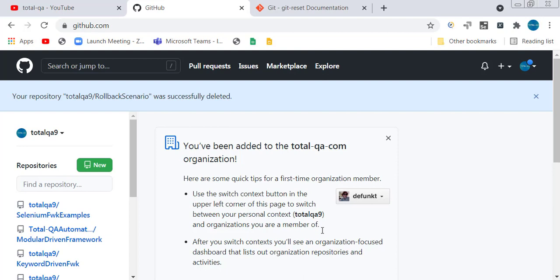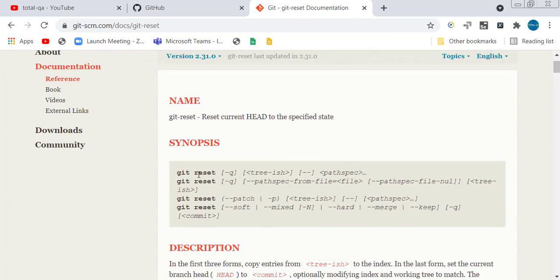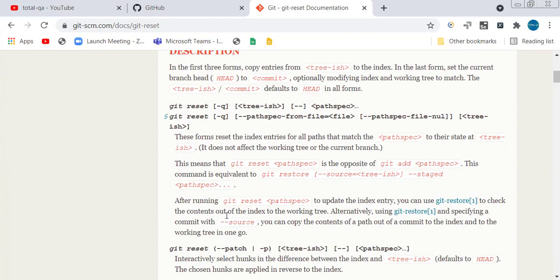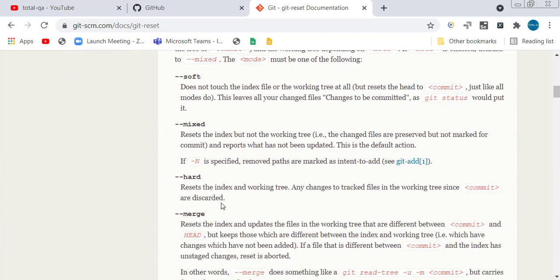Before we get into this topic, let's see the command which is useful for us to achieve this. So the command is git reset, and we are also going to use an option called hard, and this is the commit ID. There is a soft and a hard, but there is a difference between them, because we always go with the hard scenario. Why? Because we are resetting the index and the working tree to a specific commit ID.